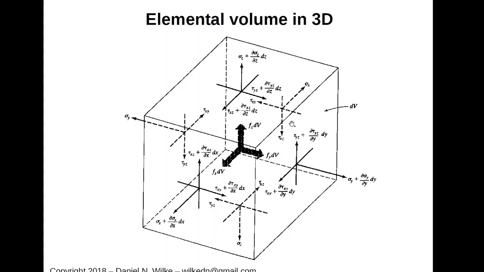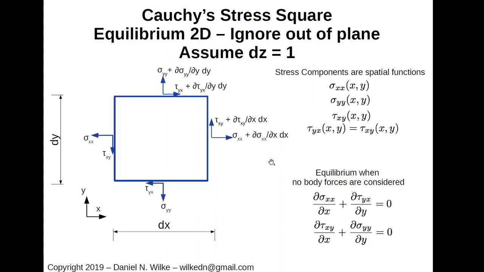It's just inconvenient to look at it. There's lots of symbols here. So let's pull out a 2D version of this, and let's ask the questions on the 2D plane version. We don't lose anything from a three-dimensional case, but it's just visually easier to keep track of what's going on. So if I take that analogy and say, let's just look at a square in a plate that I've pulled out. So I've applied some loadings, I've got a plate somewhere, and I pull a little square out of that thing. Instead of a cube out of the volume, I end up with something like this,